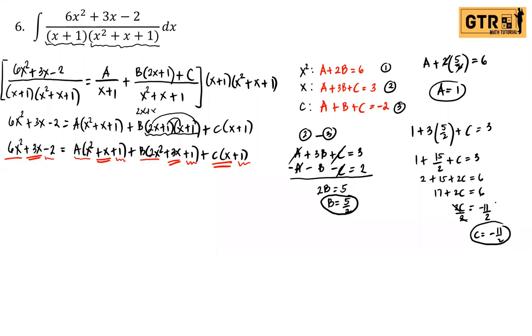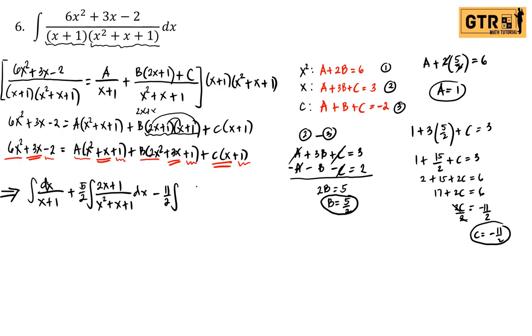Now that we have the values of a, b, and c, we substitute them into this expression, and put the integral symbol for each of a, b, and c. So the answer will be equal to: the value of a is 1, so we have the integral of dx over x plus 1. And then plus b, the value of b is 5 over 2, so we have 5 over 2 integral of 2x plus 1 over the denominator x squared plus x plus 1, putting the dx in the middle. And then plus c, the value of c is negative 11 over 2,